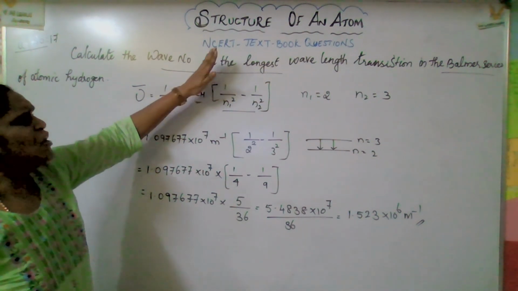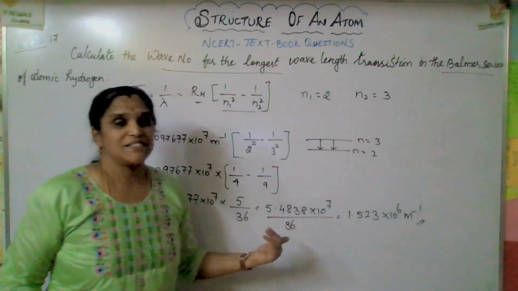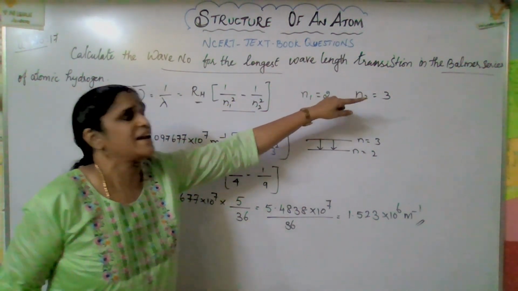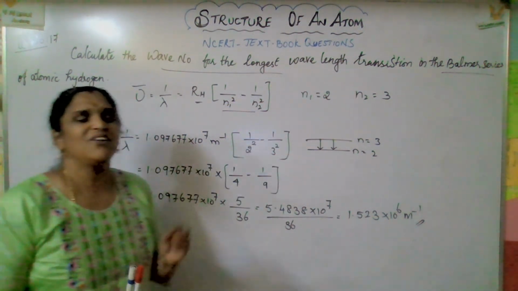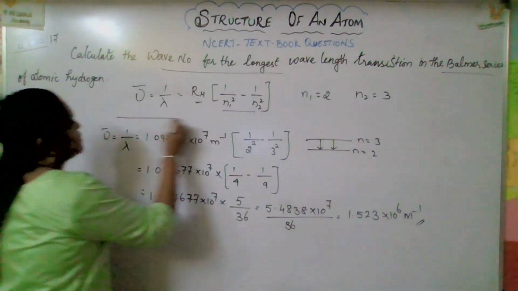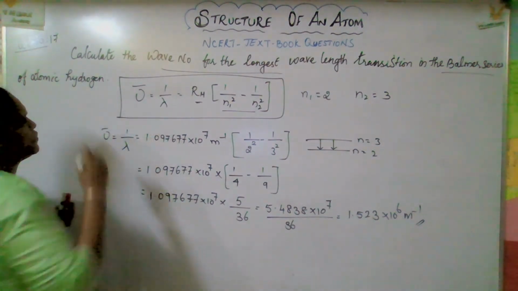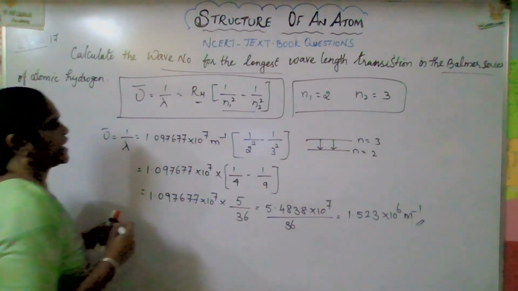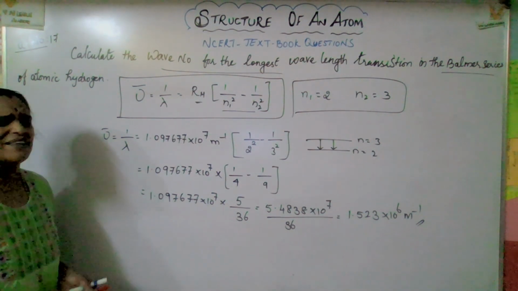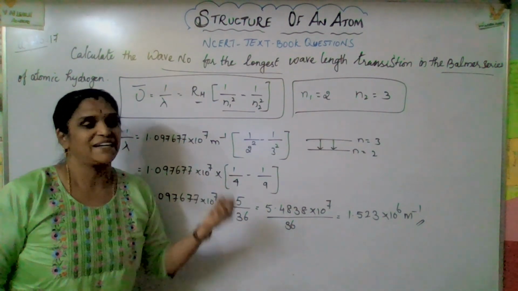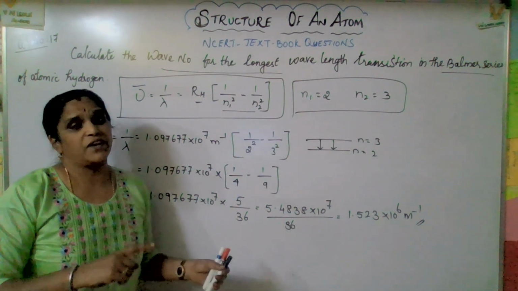See, always longest wavelength, shortest energy, and the energy transition in that Balmer series. So these are all the tricks to identify the formula. See, what is that wave number formula? You know very well. So from this you can identify, and for Balmer series n1 and n2 you can find out. So in that way you can apply. That's all. It's very simple and easy and interesting also if you have that idea. Yes, fine. Let us go for the next question.